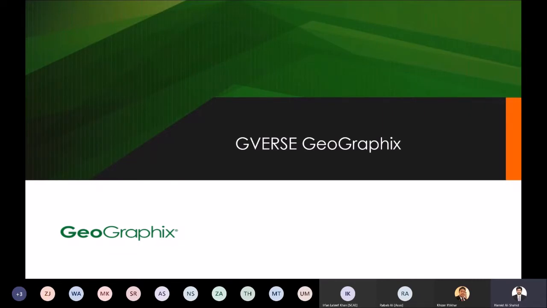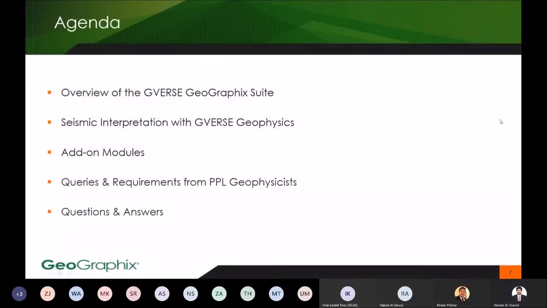During today's session, I will be very quickly going over what GeoGraphix is and all the modules that make up this fully integrated interpretation suite. My focus, though, will specifically be on GVERSE GeoGraphix, the seismic interpretation package for GeoGraphix, and I will give you an overview of the main features of this application. Now, I will also mention the add-on modules that work hand in hand with GVERSE GeoGraphix for some advanced workflows,